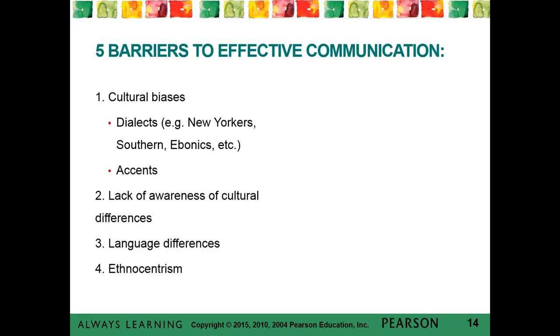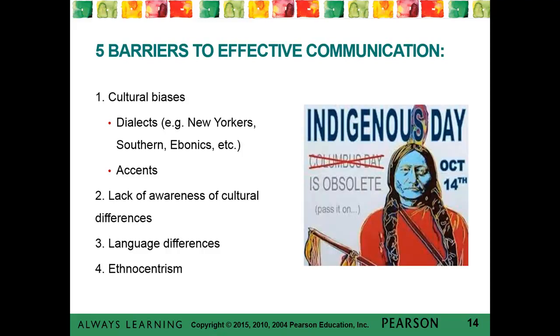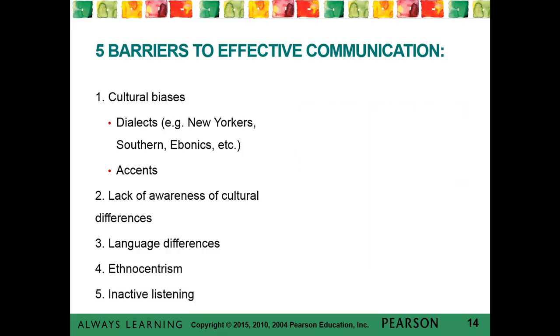Another example of ethnocentric language is how we talk about the discovery of the United States, and we often don't use inclusive language when we're talking about Columbus's discovery of the New World. But when you talk to our Native American brothers and sisters, they will remind you that it was never discovered, that this country was always here and inhabited by the indigenous. So we need to be aware of even the language that we use.